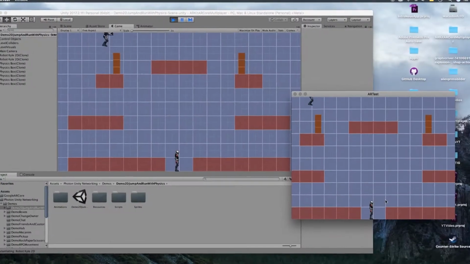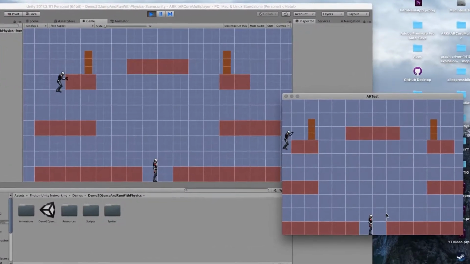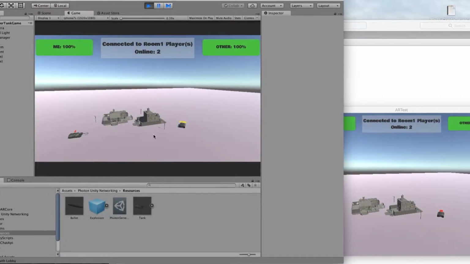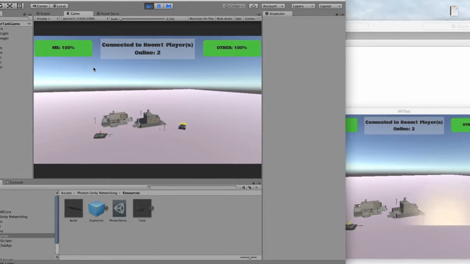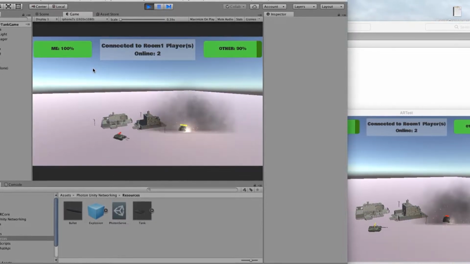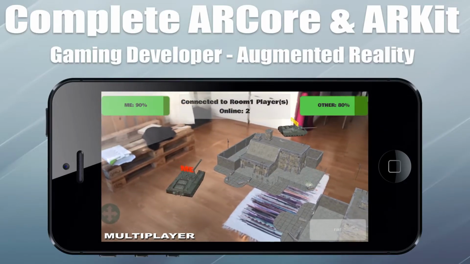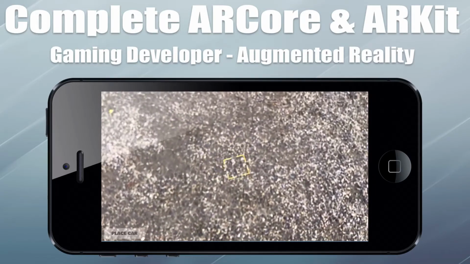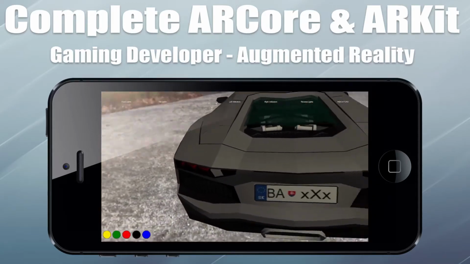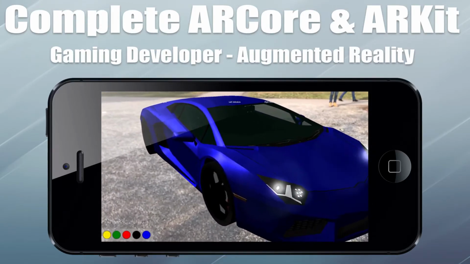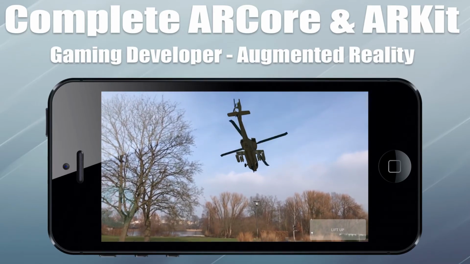And furthermore, we will need all the basics of multiplayer games. We will learn them by creating a multiplayer tank game for PC from scratch. And this we will build up step by step until we can display the game in augmented reality. So, summarized, we will learn here all the basics of augmented reality combined with multiplayer. If you are interested in creating apps like this, then it would be nice to see you again in the first lecture.